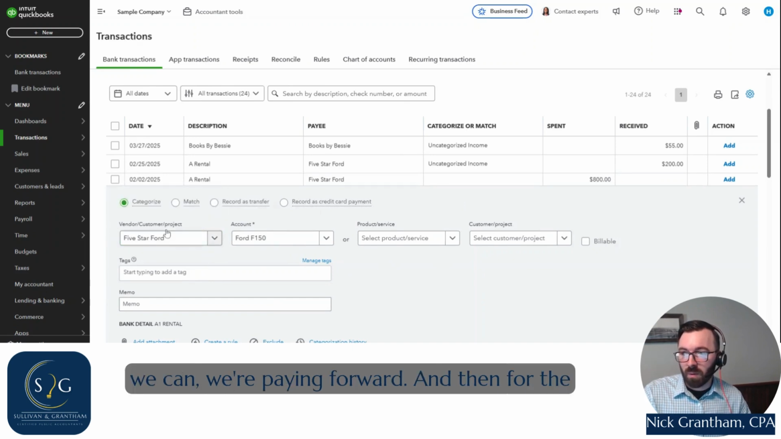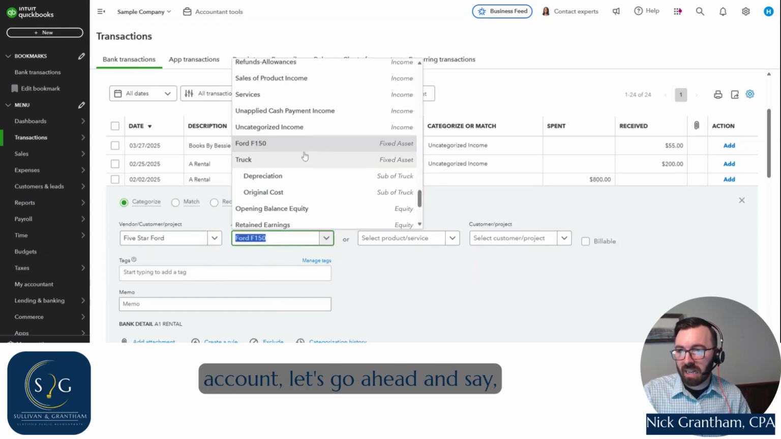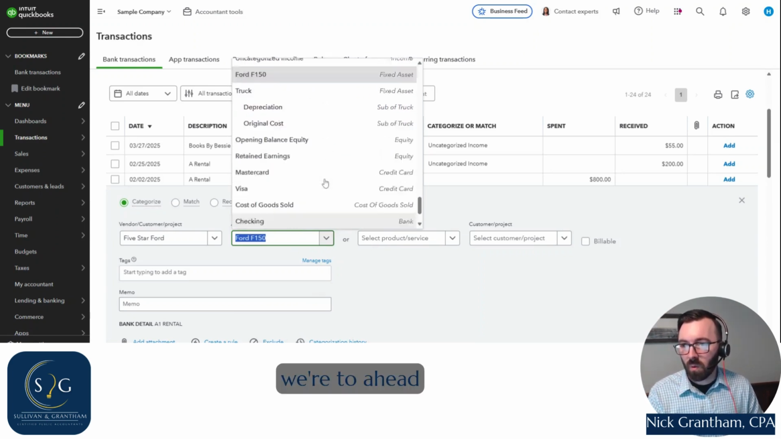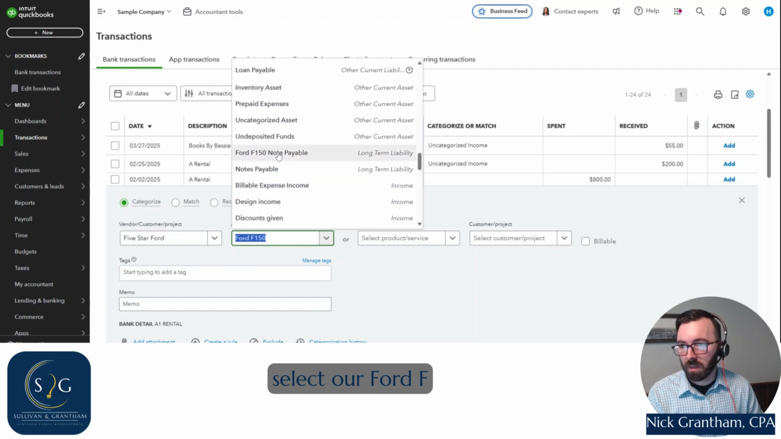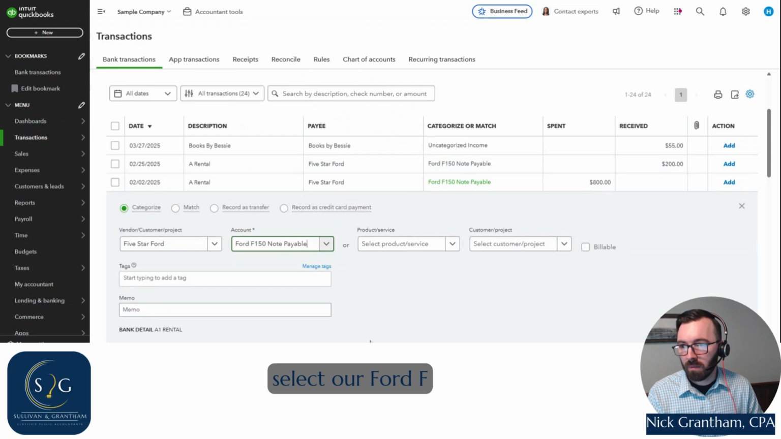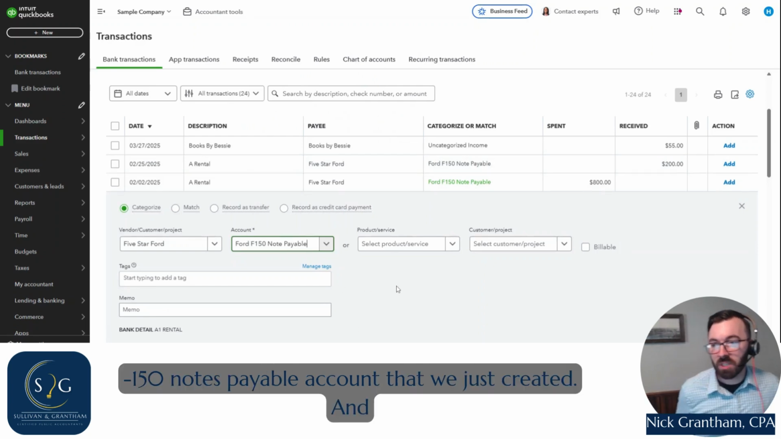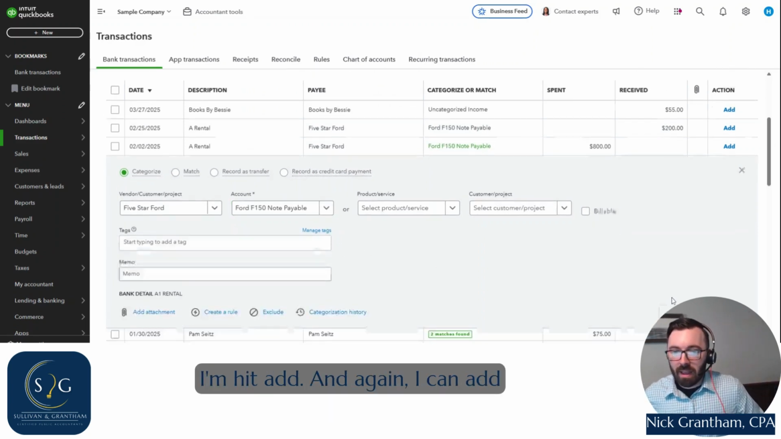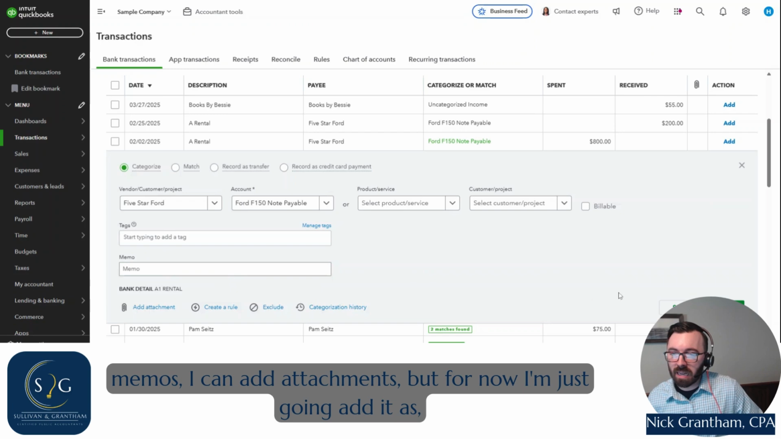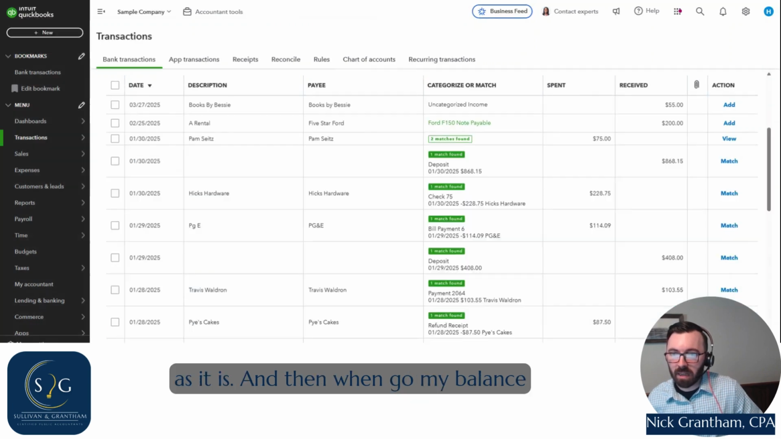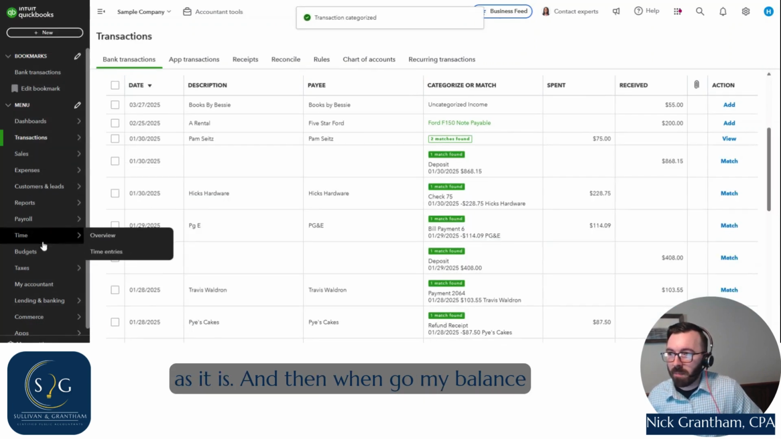So we're paying forward, and then for the account, let's go ahead and select our Ford F-150 notes payable account that we just created. And I'm going to hit add. And again, I can add memos, I can add attachments, but for now I'm just going to add it as it is. And then when I go to my balance sheet,